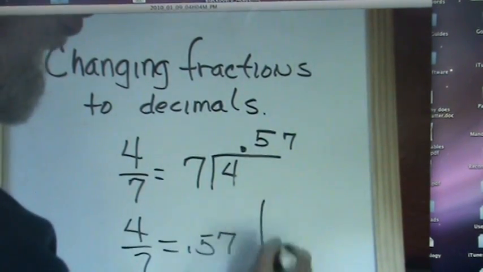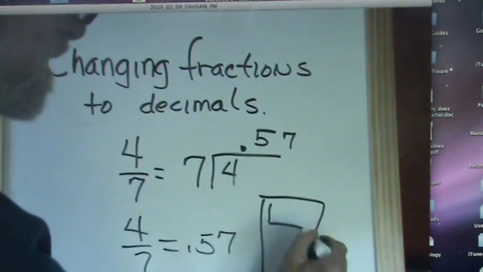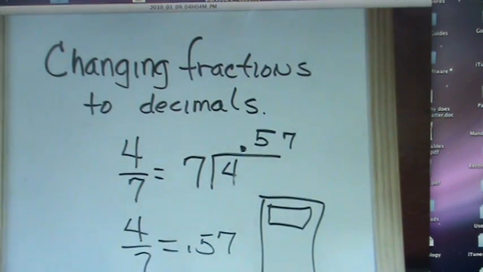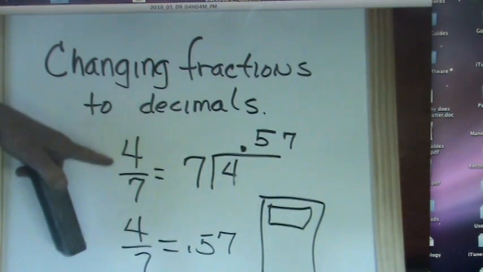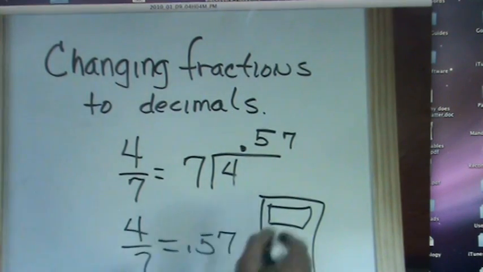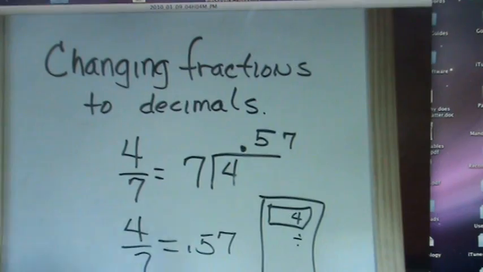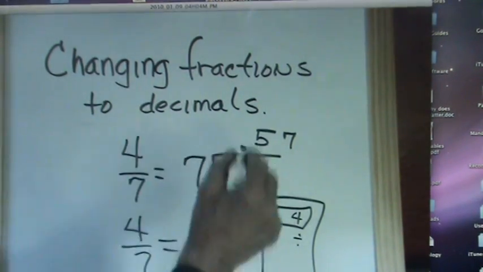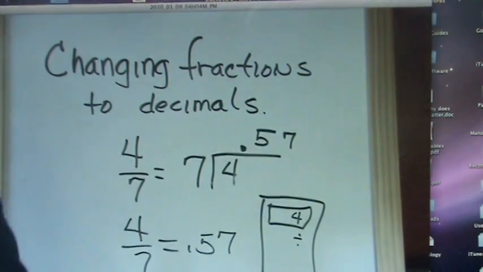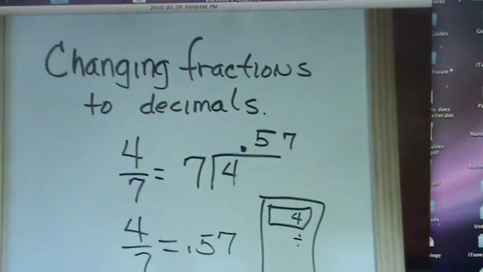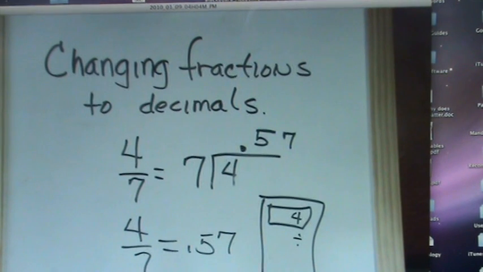Remember, if I were using a calculator, this is 4 divided by 7. So 4 would go first, then I would punch my little division sign on the calculator, and then I would put 7 in and hit equals, and I would get this 57 hundredths. Okay, well that's it. That's the lesson on changing fractions to decimals. Shut off the DVD, please, and come